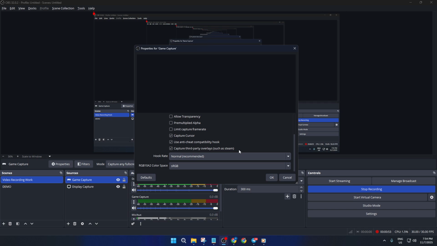So to recap, if you're using game capture and your overlays aren't popping up, double-click the source and make sure that third-party overlay box is checked. If you're using display capture or window capture and overlays still aren't showing, it may be an issue somewhere else, like the overlay software or browser source itself, but for most people, switching to display capture is a quick fix